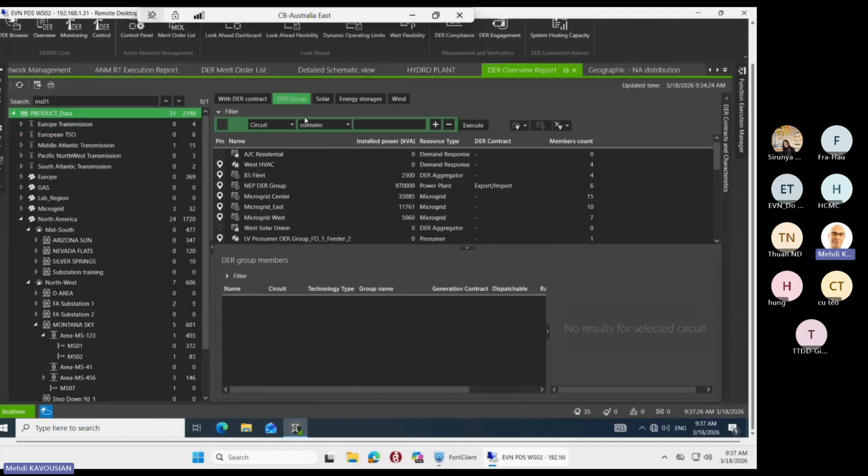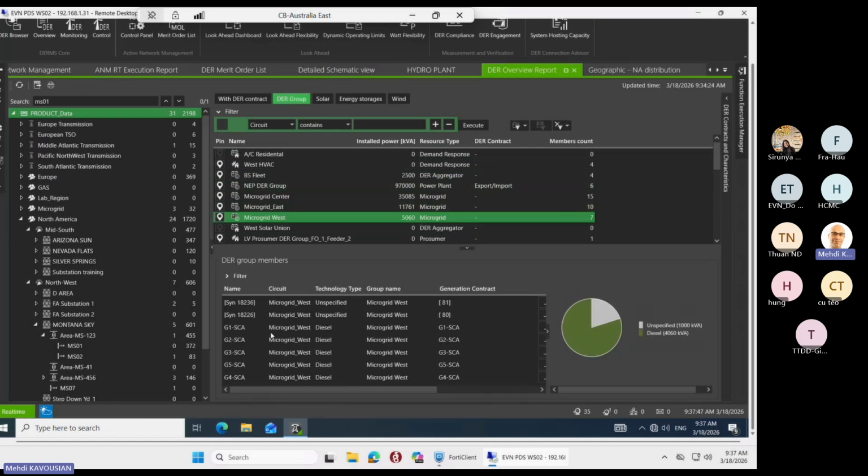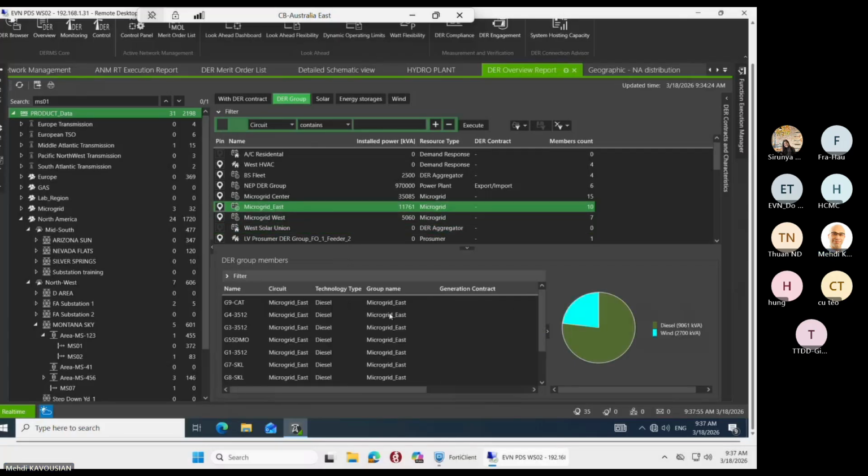When it's a DR group, so if you have, okay, sorry, this was hidden. I forgot to explain. This is a DR group, right? As I was saying, let's say we have this DR group, it has certain elements under it. This one is just the battery fleet, which means you have 4 batteries in one, but we communicate with just one of them. And this one is a combination of diesel,